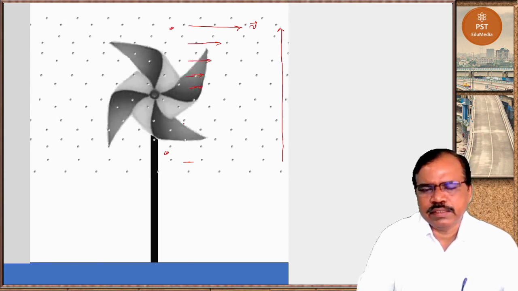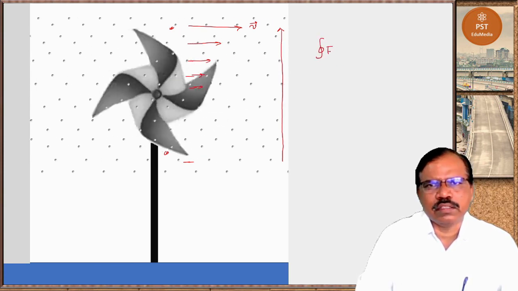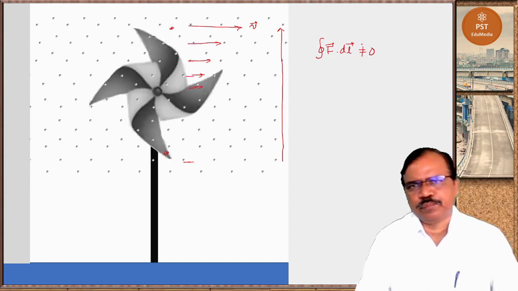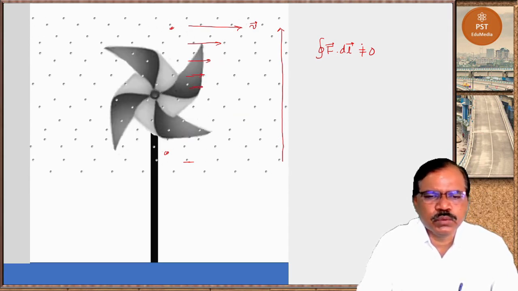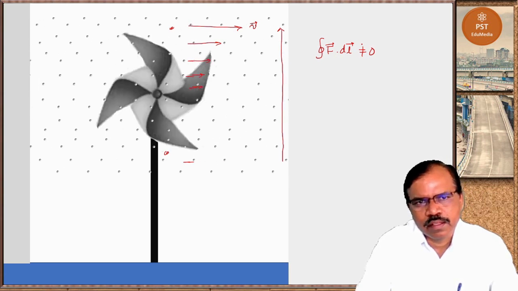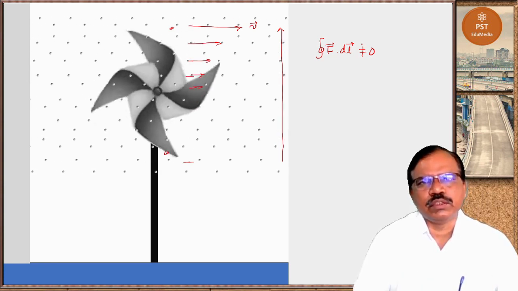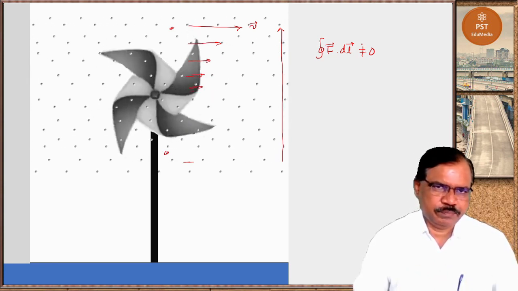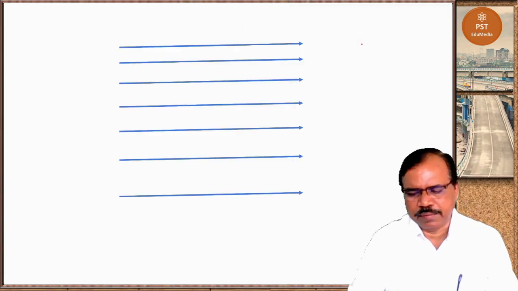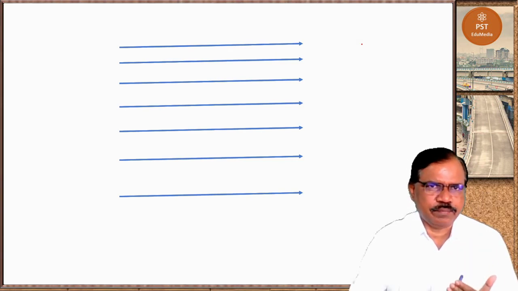So if we take the top point here and the bottom point here, the force may not be the same. So if we take circulation here along the closed path, it may not be 0. So it will give you a total push, and due to this total push, the paper windmill is rotating. So we'll see the physical significance of the vector field. So we have to consider here a non-uniform vector field.